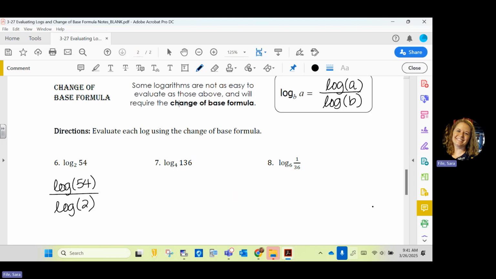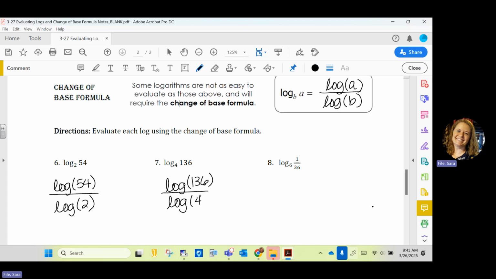How would I rewrite number 7? Log of what over log of what? Yeah, 136